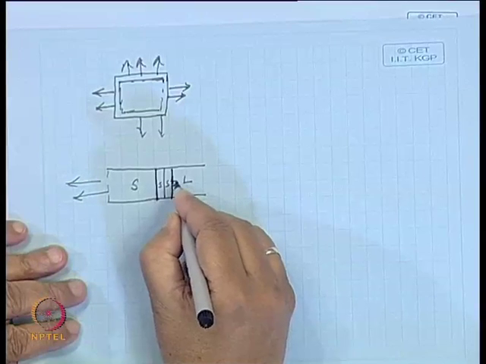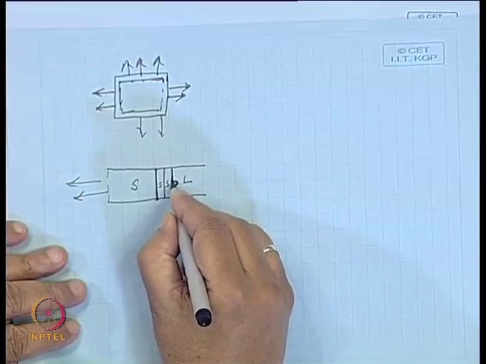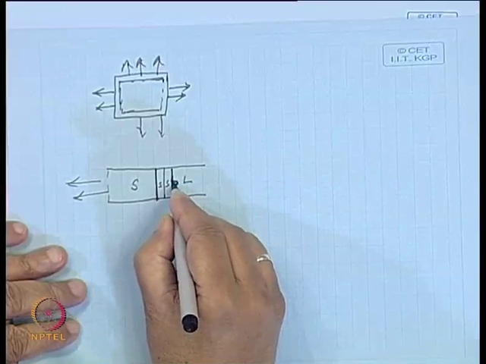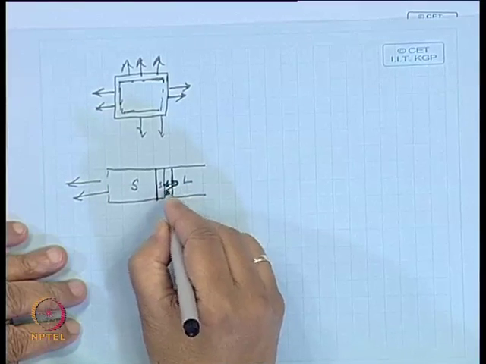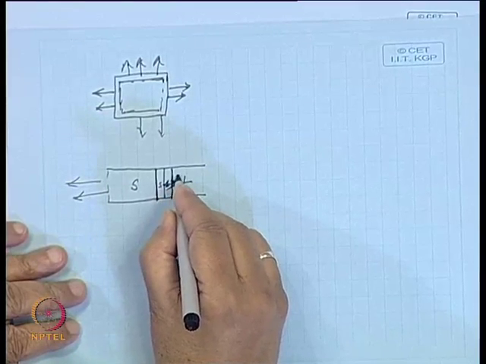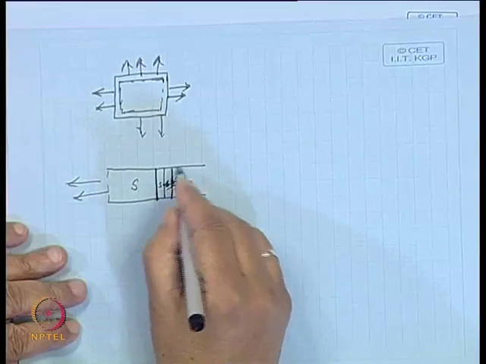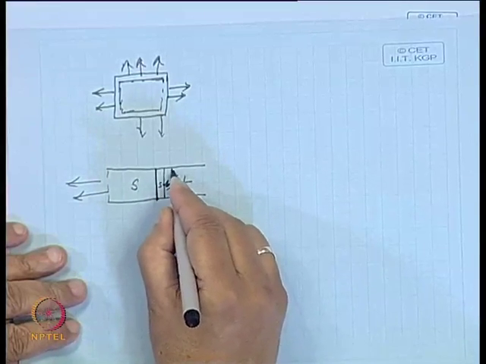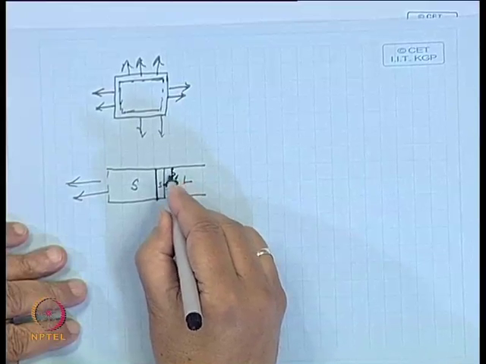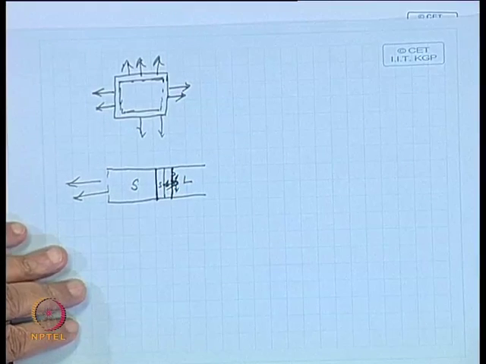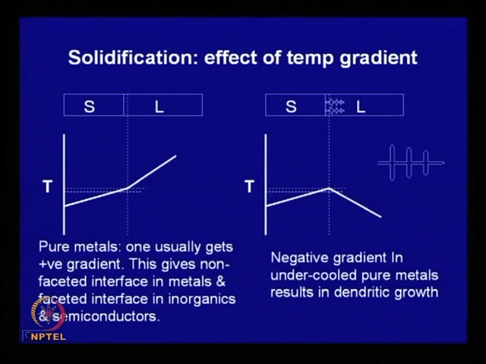when this solidifies, there will be latent heat which has to be extracted. If it comes this side, that heat can go this way also. It will heat up and melt. So, it will not be stable. Any departure from a planar interface will not be stable in the case where you have this type